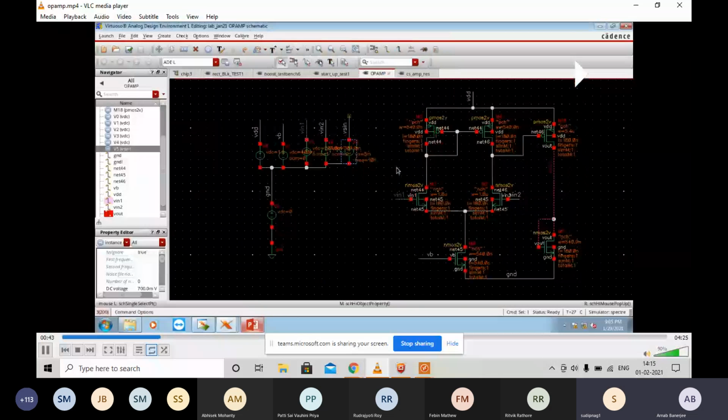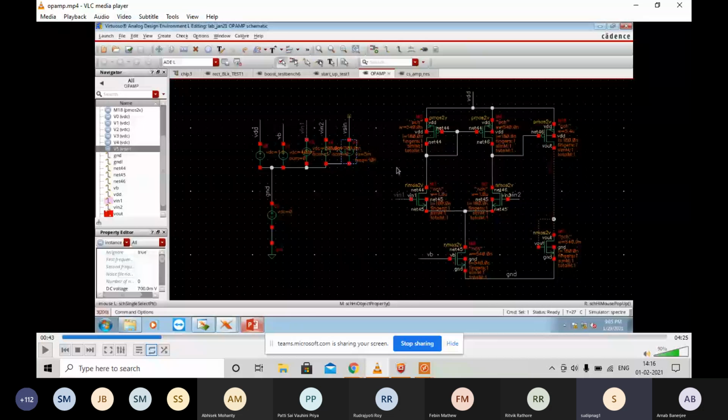I'll just add a few points. This is the op-amp circuit towards the right, which has the MOSFETs. But the supply is a single supply voltage between VDD and ground. Yes, since we need the reference voltage somewhere in between, towards the middle of VDD and ground, that's why he has given a DC offset of around 700 millivolt.